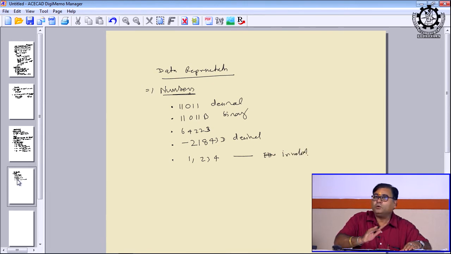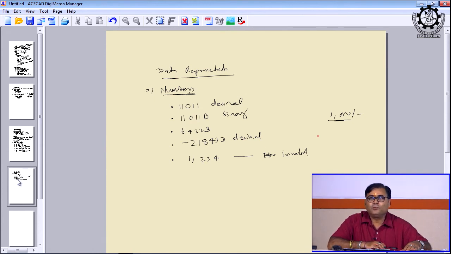Why? No special symbols are allowed while writing the number. Suppose you want to write 1000, people used to write it with a comma, just to distinguish between the 1 and the 3 zeros, thousands. But this is not allowed. Even if you are writing rupees or currency, you have to explicitly write 1, 2, 3, 4.